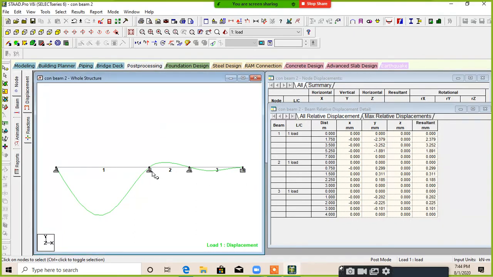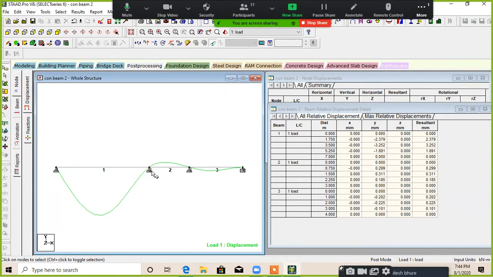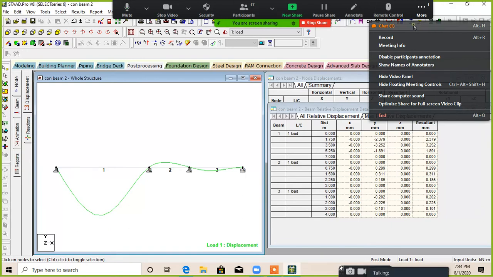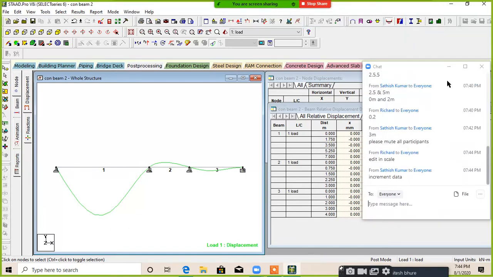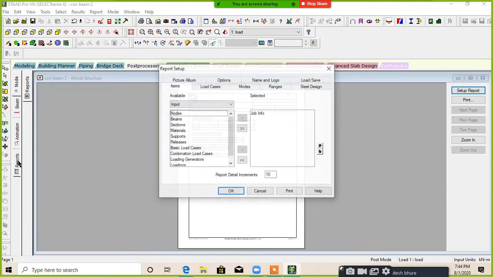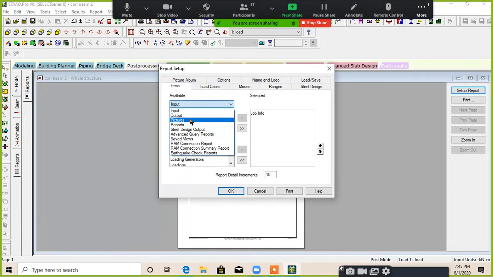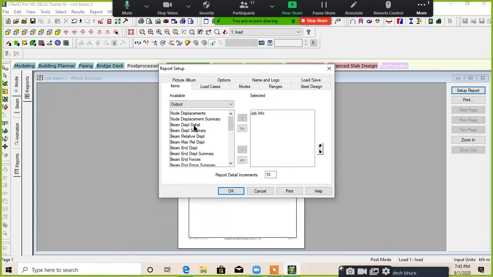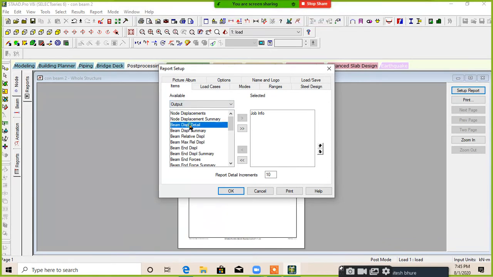If you want values of the particular displacement, bending moment or any other thing, just go to Report and take output files. I want displacement values, so select Beam Displacement Detail, click on the first arrow, go to the report detail increment, and I just provide 15 over here.